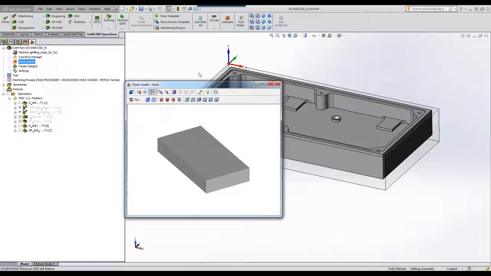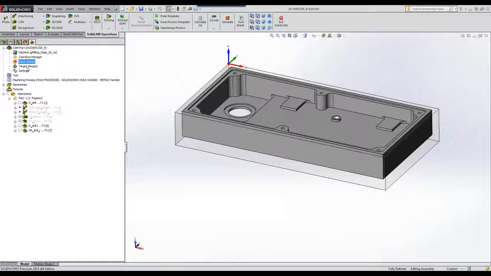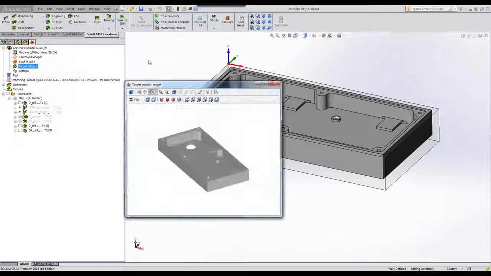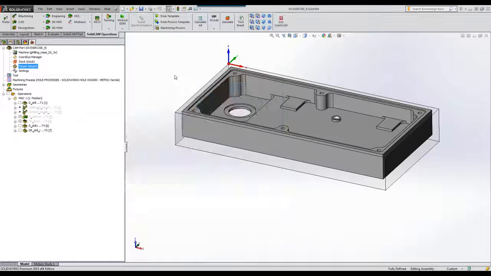As you see, I have my stock defined over here. I also have my target defined. All of this should be pre-done, in other words, before you even start your operations, creating that. Also, one other note, if I were to open up the stock, for example, or the target,